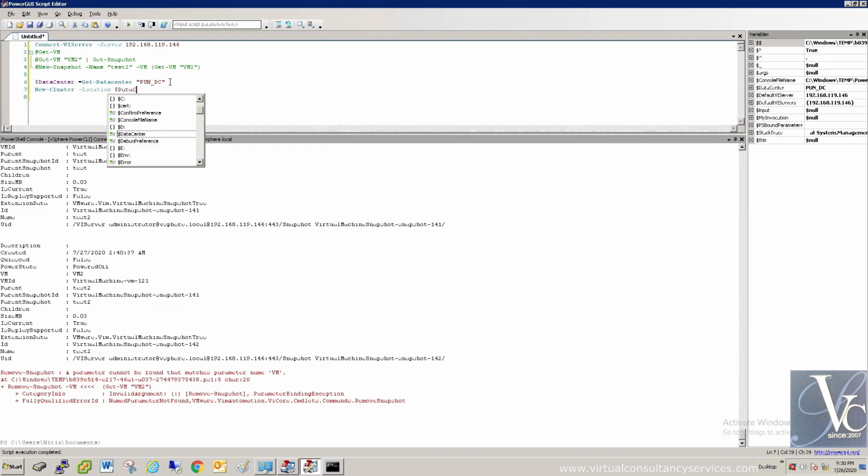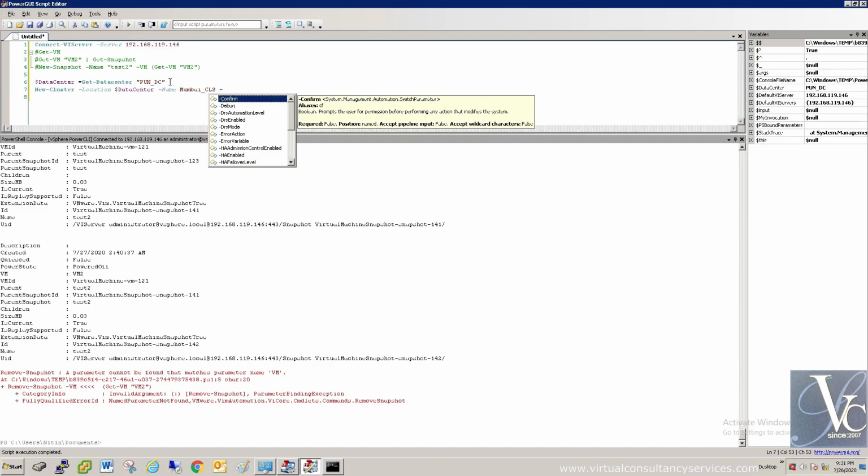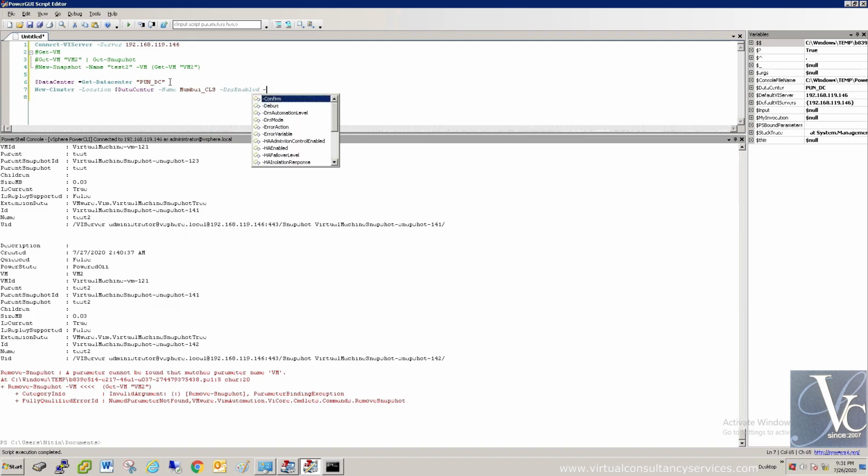The Location will be the variable given here, the data center, then the name of that cluster, which I can give as Mumbai_CLS. Then which functionality do we need on that cluster?